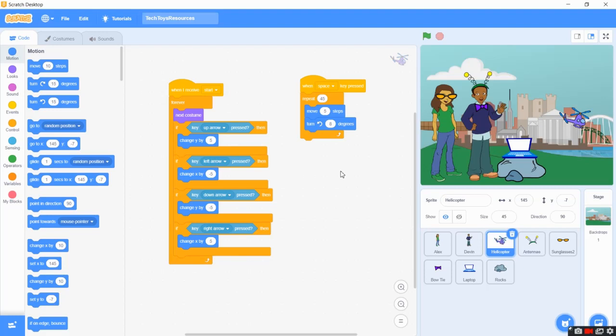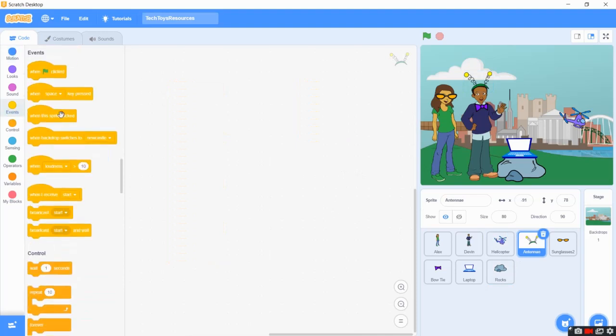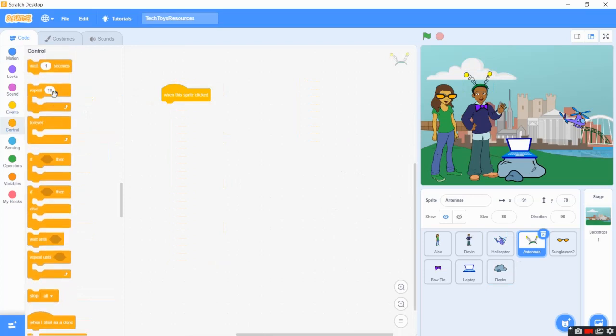Alright, so now a little challenge for you guys: you can now create your own tech toy. Can you create your own tech toy? You could make the antenna move whenever it's clicked. Here are the code blocks you'll need to use for the antenna, which is this. You can use these blocks, events, when the sprite clicked, control, repeat loop,